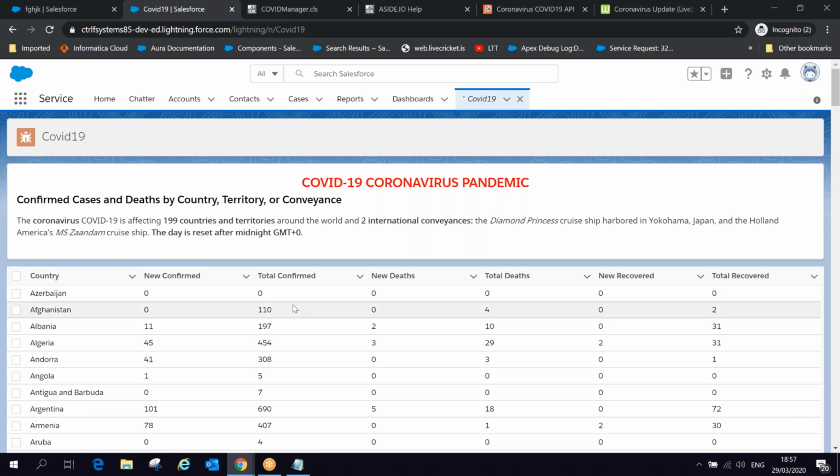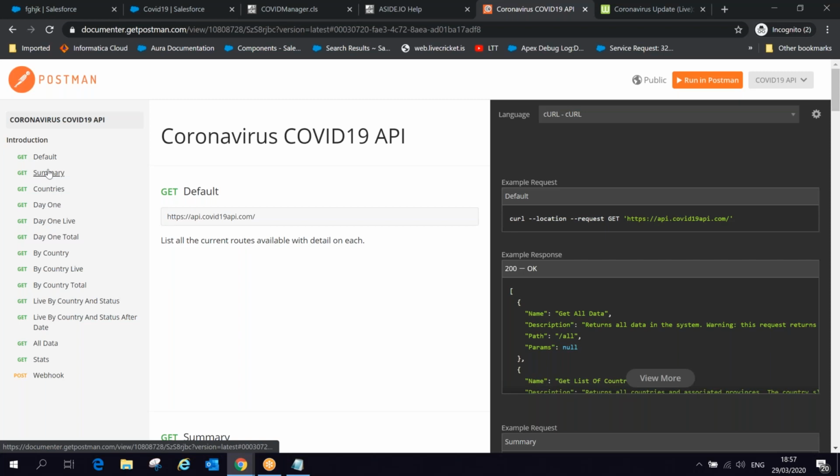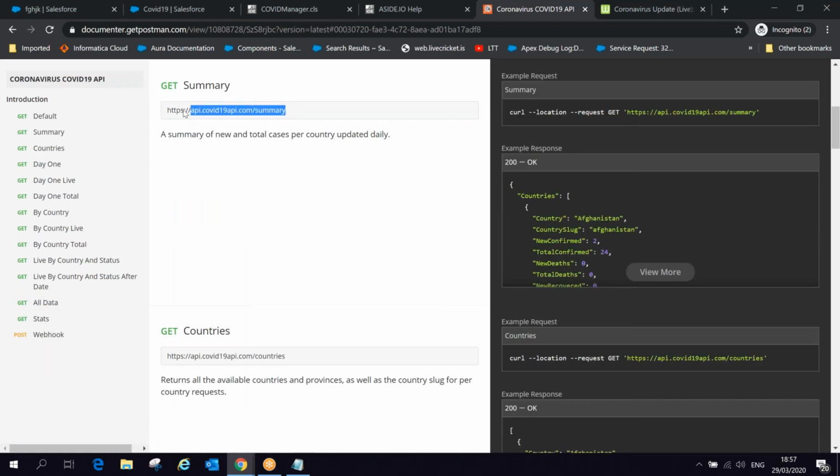So how can we make an API call from a Lightning component, and once the API call happens, how is the integration mechanism set up between my Salesforce and the COVID-19 database to get data? Then, once we get it, how am I going to display it here? To do that, as I said, I have one API call, which is the COVID-19